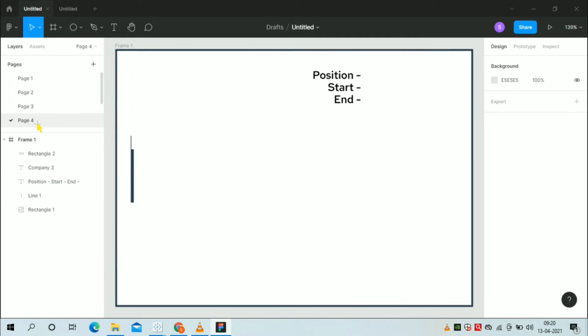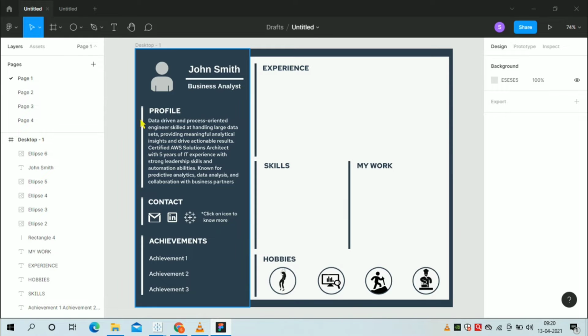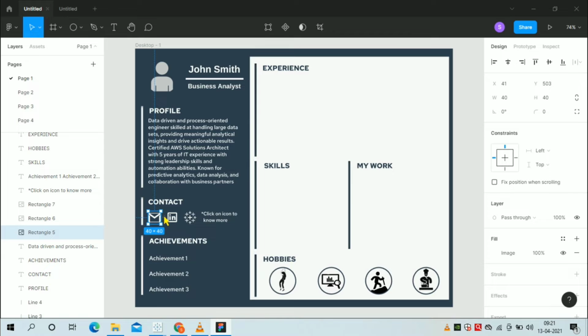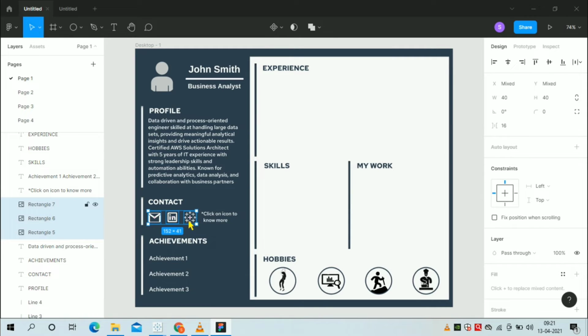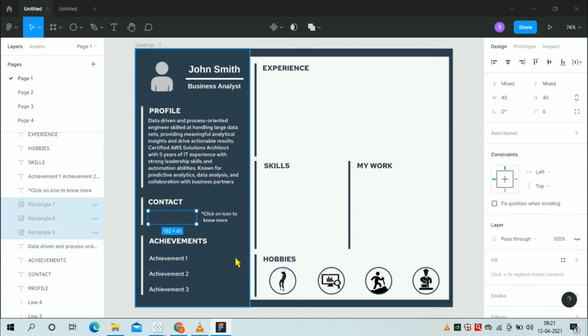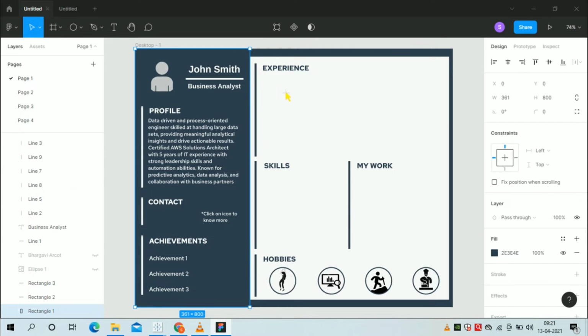So similarly, do the same thing for the 2 or 3 more cards, which we can then add as an experience in our dashboard. So your Figma template is ready. We can add this in our Tableau. But before that, we'll need to hide these icons, because we are going to import it in Tableau. So now our template is ready.